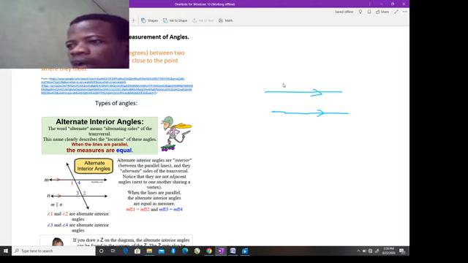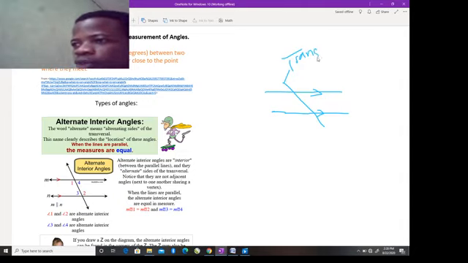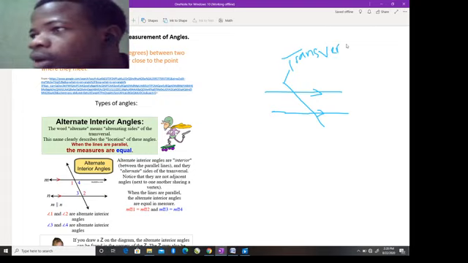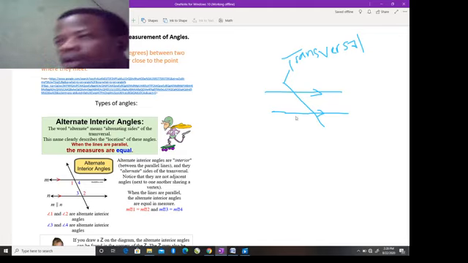What if you now have a line drawn across the two? This is a transversal line. Then you have the two horizontal lines parallel to each other. So where do we have